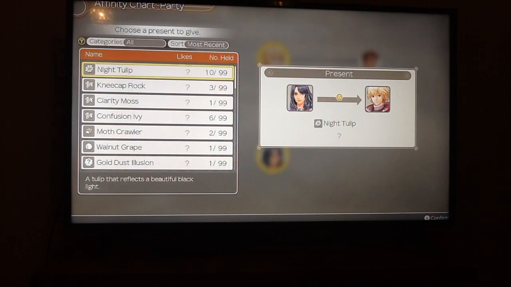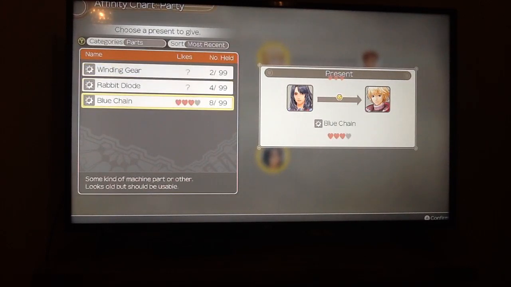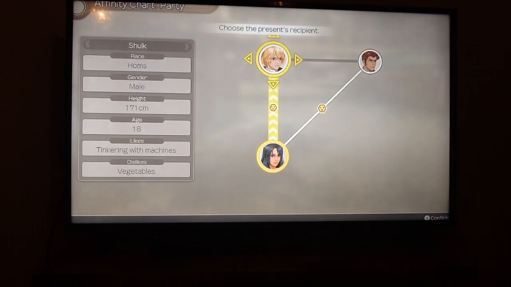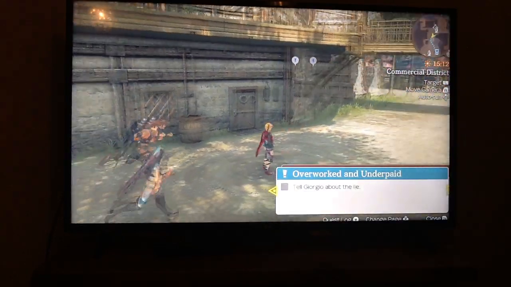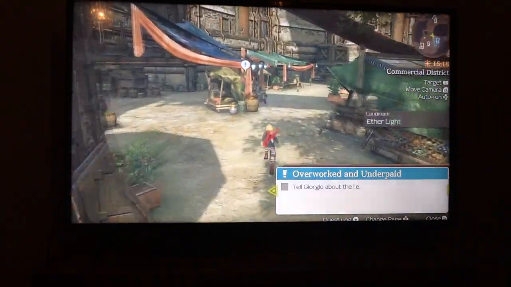Okay, so what about Shulk? So Shulk likes tinkering with machines. So if we go to parts... He really likes blue chain. And there's rabbit diode. I don't think that's actually a part of a machinery. There's winding gear though. So we'll do that. It hasn't actually changed the affinity a bit. But in time, the more times you do it, it will actually do that. So it definitely does help quite a bit. So let's go over and talk to...